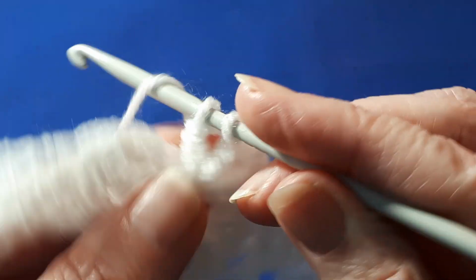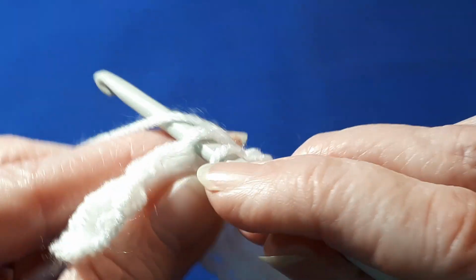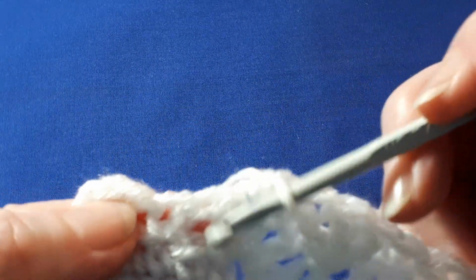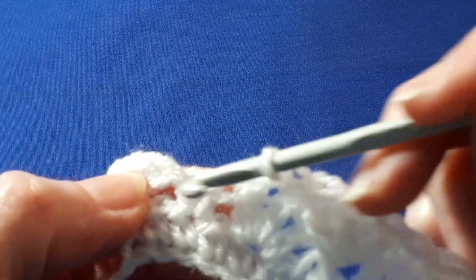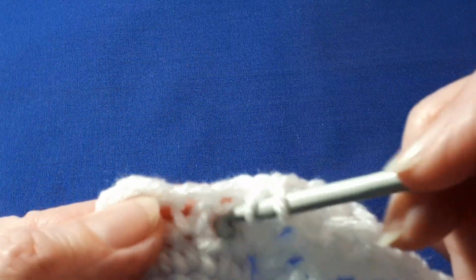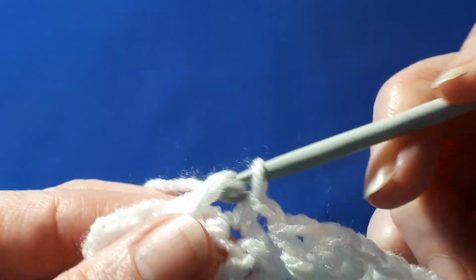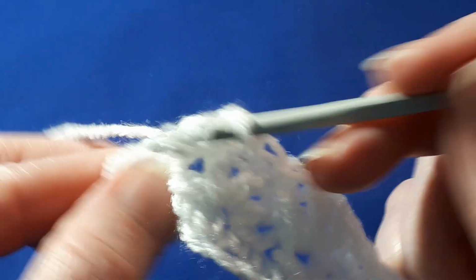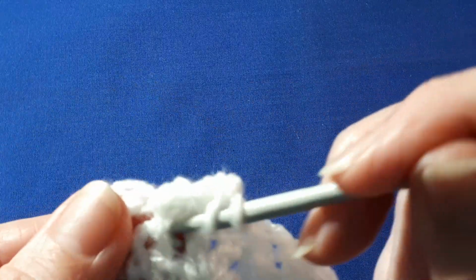That's 3, and now a single crochet into the middle of the 3 there, and again you can see your double crochet here, your single crochet there, and front post double crochet 3 times around it. 1, 2, 3,